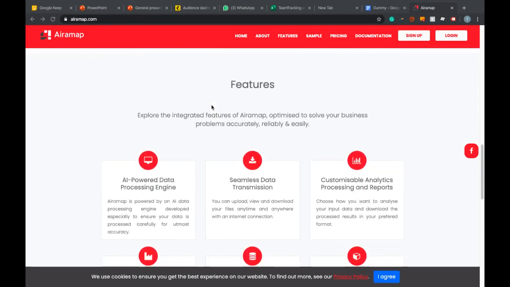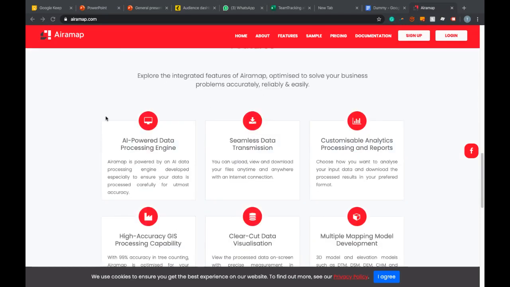The first one is an AI-powered data processing engine, which means the mapping, stitching, tree counting, and NDVI analysis are all run by the AI engine. Then there is seamless data transmission, which means you can download, upload, and view your data anywhere, as long as you have a stable internet connection.